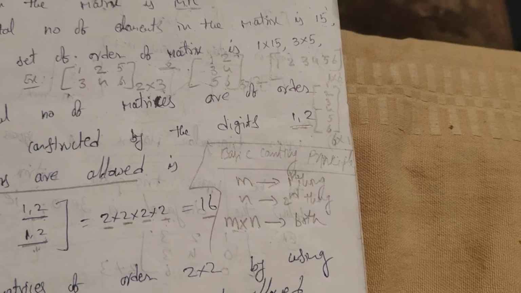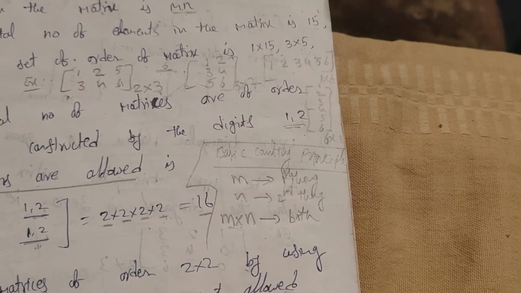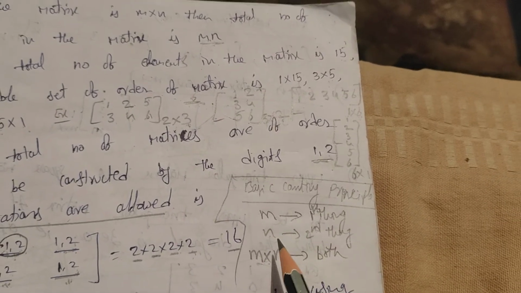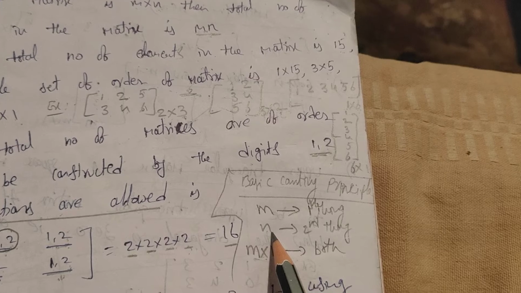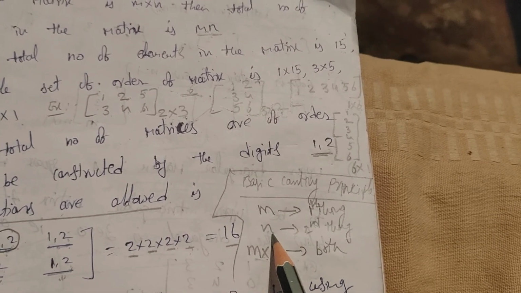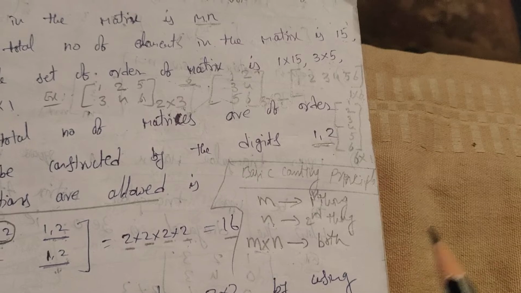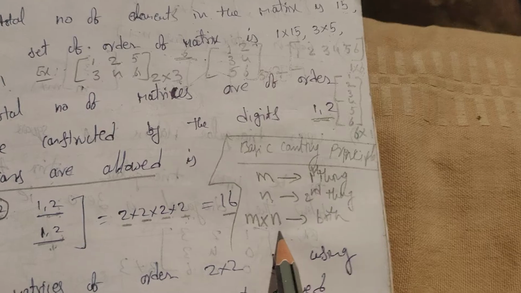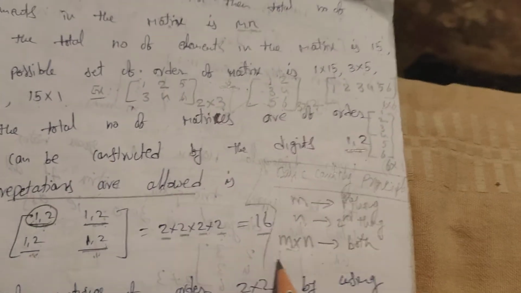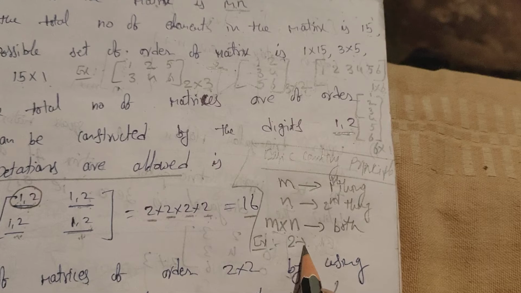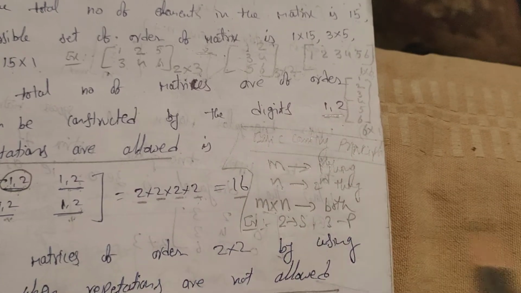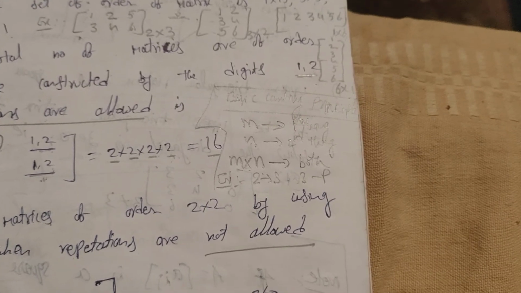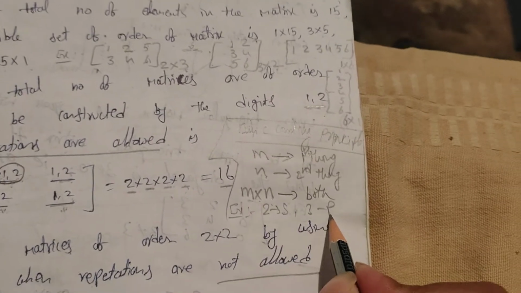That means if you want to complete a work, there are 2 subworks. For one subwork there are m possibilities, for the other subwork n possibilities. Only when these two subworks are completed is the total work completed. Then the total number of ways to complete the total work is m into n. For suppose, one example: there are 2 shirts and 3 pants. How many ways can we wear the dress?